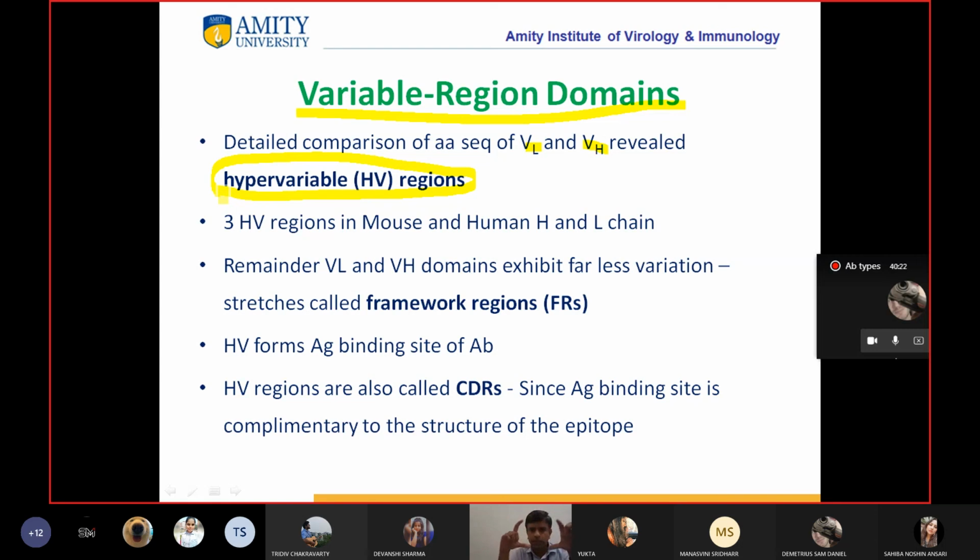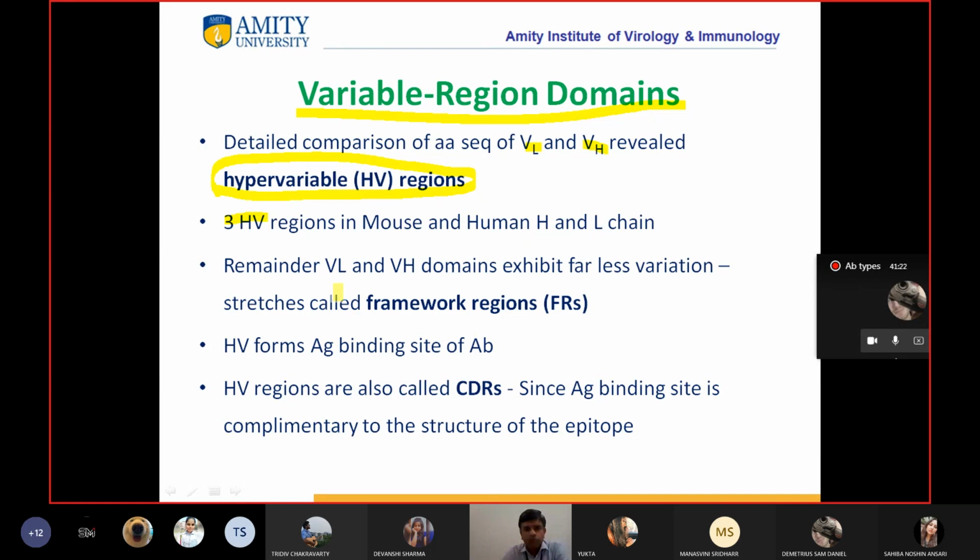Now हम कह रहे हैं कि जब हमने वेरिएबल रीजन का एनालिसिस किया, ओके, so in that variable region domain, the scientist observed that there are some points which are hypervariable. ठीक है, तो वेरिएबल रीजन के अंदर there are some hypervariable regions, right? So there are three hypervariable regions in mouse and human heavy and light chain, right? So चाहे तुम variable region of heavy chain लो, चाहे variable region of light chain लो, ठीक है, there are three hypervariable regions, okay, and these hypervariable regions are parallel, right? So अगर हेवी चेन में जिन जिन पॉइंट्स पे है, लाइट चेन पे भी उन्हीं उन्हीं पॉइंट्स पे होगा, ओके,